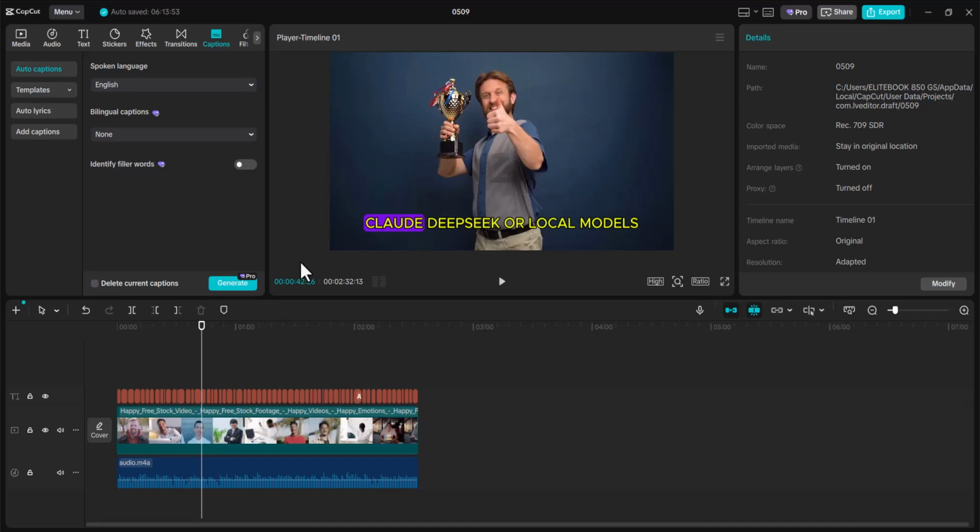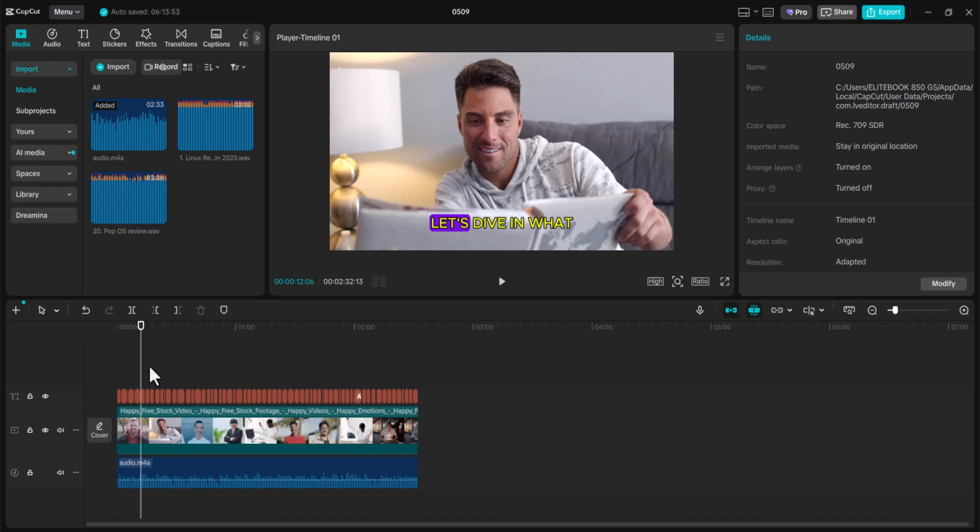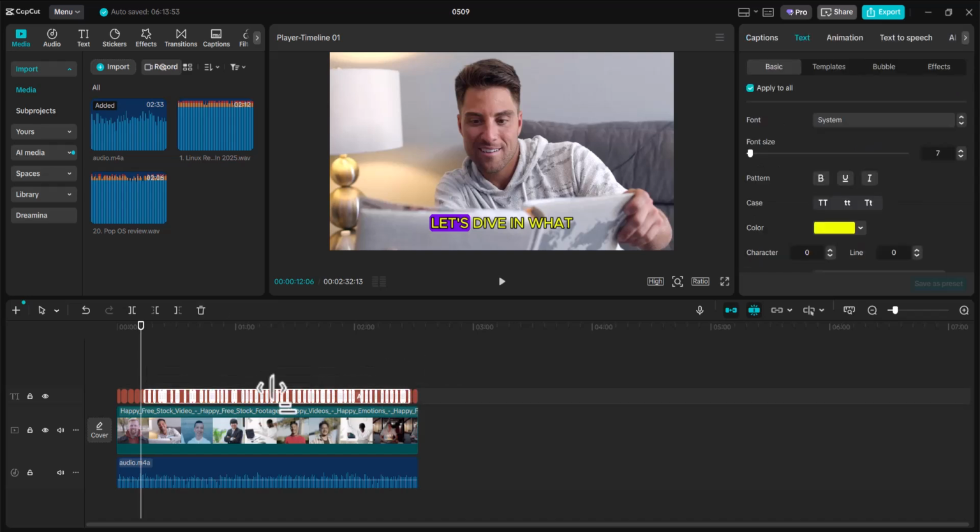So in this video, I'll show you step by step how to save a caption template in CapCut. For the first time, after you open up CapCut like this, as you can see, here is my video and here is my caption. Now, if I want to save this caption as a template for my next video,